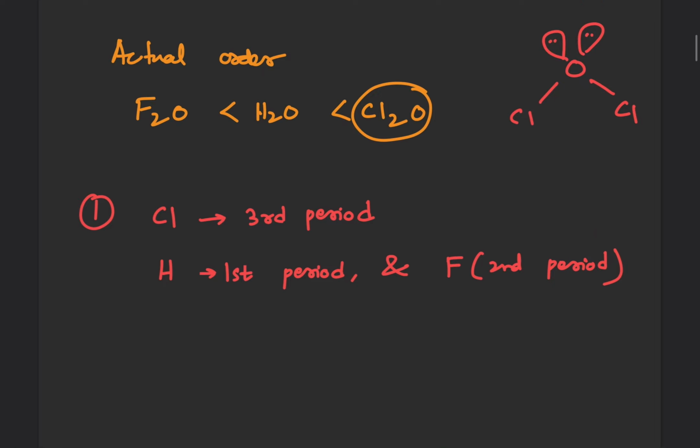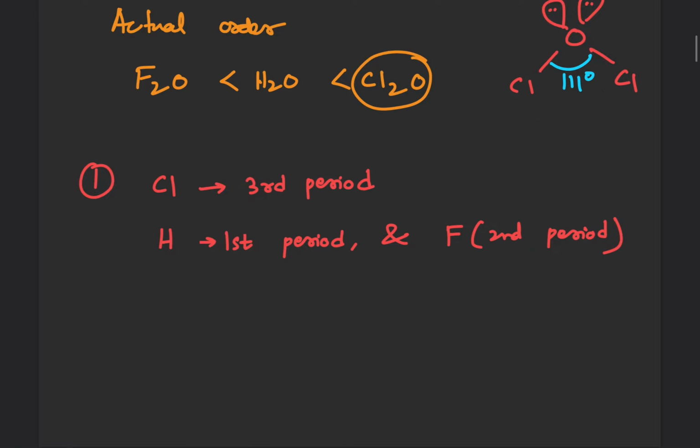So in OCl2, the bulky chlorine atoms repel each other. Because of this repulsion, they push each other apart, and because of that there is an increase in the bond angle, and this angle is 111 degrees to be specific. Okay, the second reason is